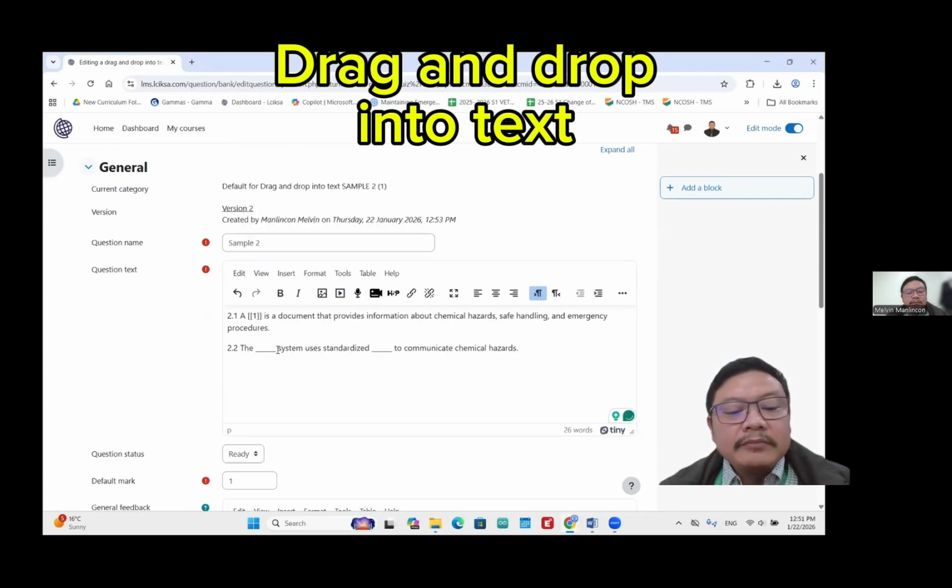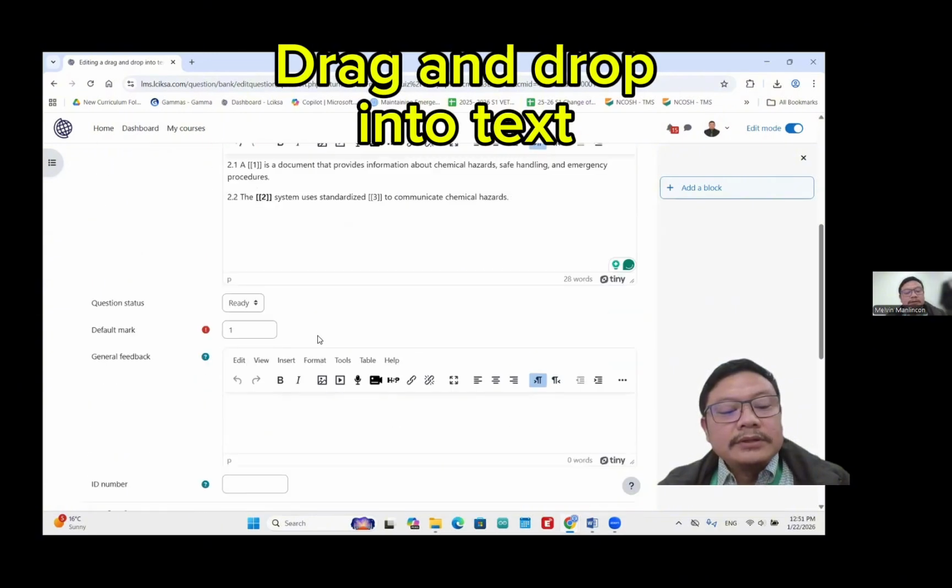Now we have two blanks, so it requires two correct answers. Since you have already one here, we're going to change this blank into number 2, and this one into number 3.